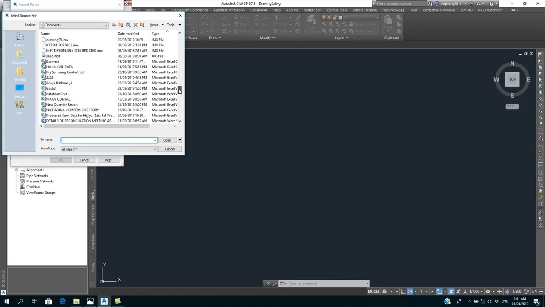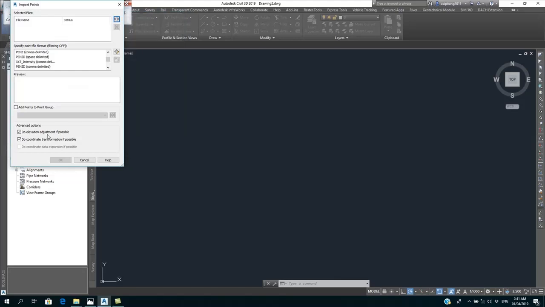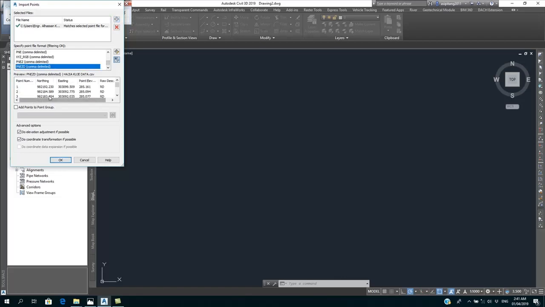So look at the file. This is the data. I load it, then I'll set the appropriate format. This is it. So it has point number, northing, easting, elevation, and descriptions. This information is very important. When you have your Excel data, it must be arranged in order of presentation. In most cases, we will have the northing, easting, and the point elevation as what most surveys always give as